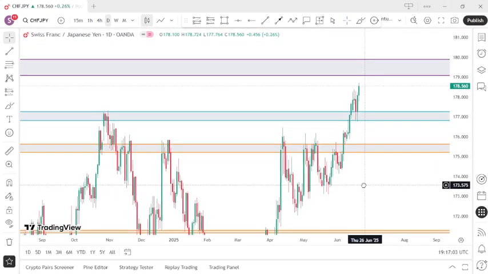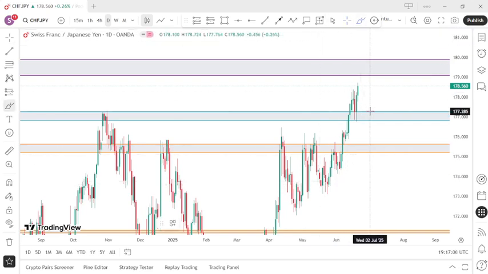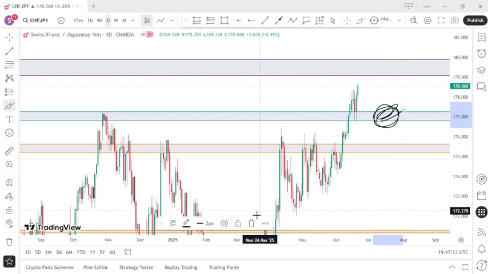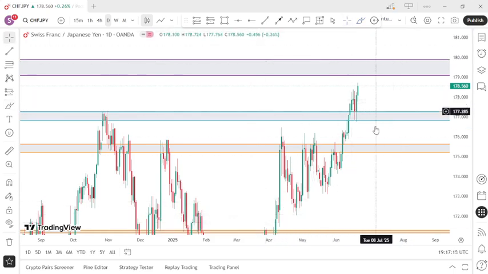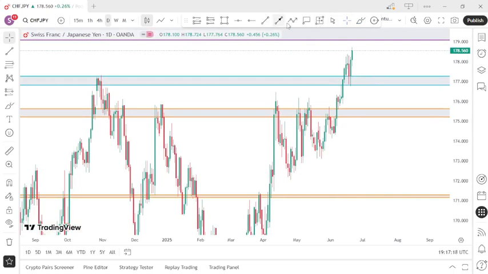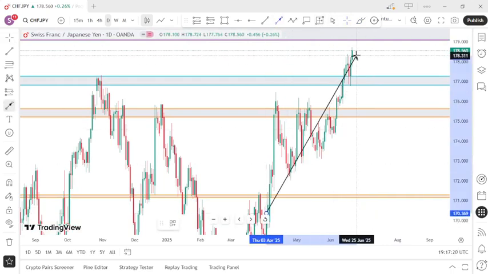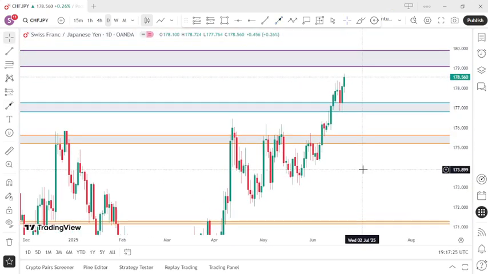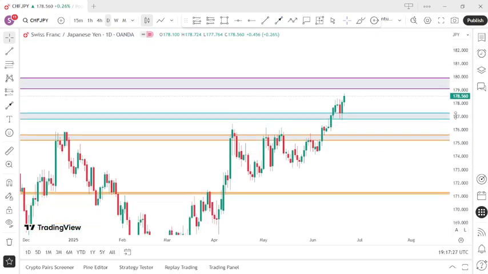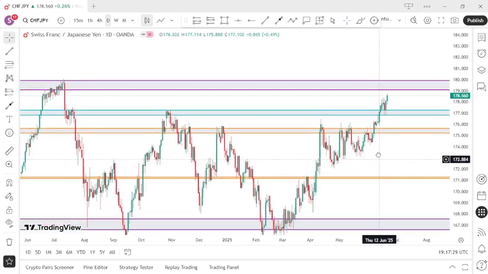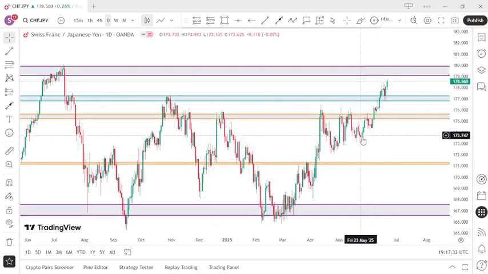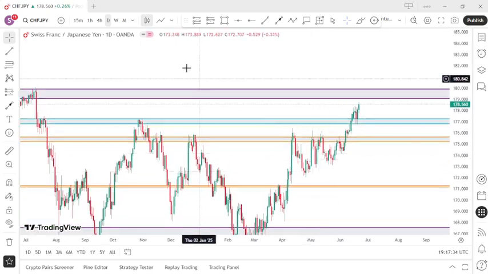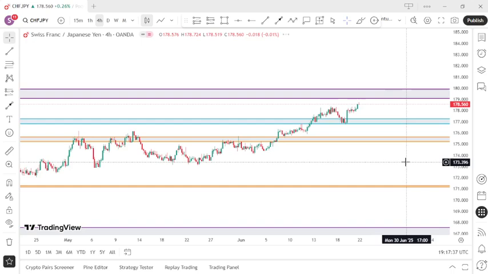So the daily time frame is also showing a bullish market. On the daily time frame, I have my daily midway zone here. We are still looking at a bullish market like we saw from the monthly time frame, a strong bullish market. And as you can see, since the bullish market is so strong, price is just breaking zones, creating higher highs. So let's go to the 4 hour and prepare for an entry